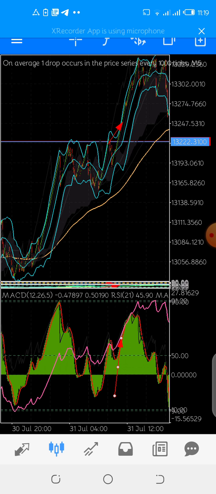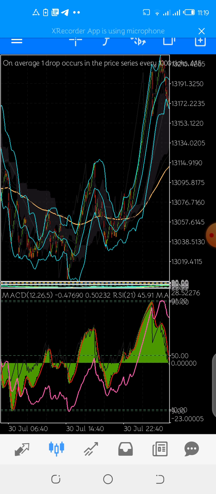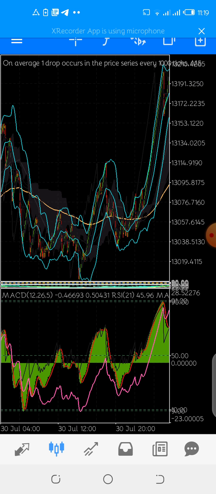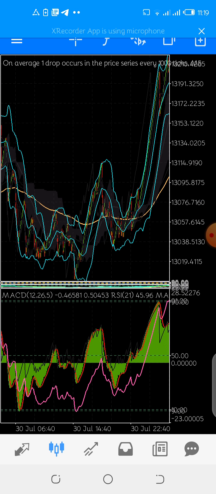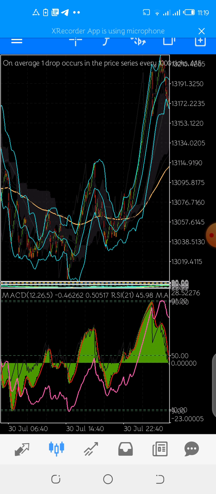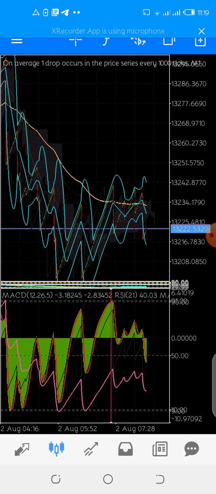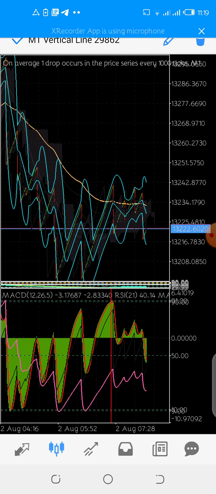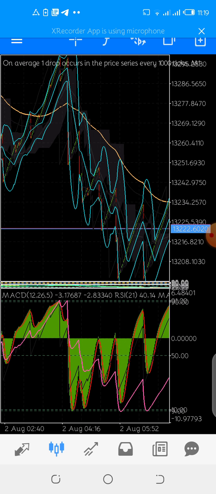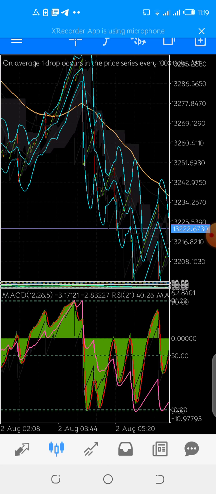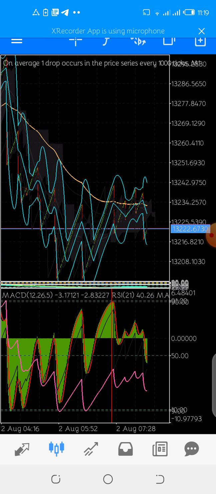Okay, so let's move back. You see, like this was an awesome setup. Okay, but mostly I would do it on M1, pick a point on M1, and then come and confirm it on M5. Okay, last zoom level. So I would comfortably pick a level on M1